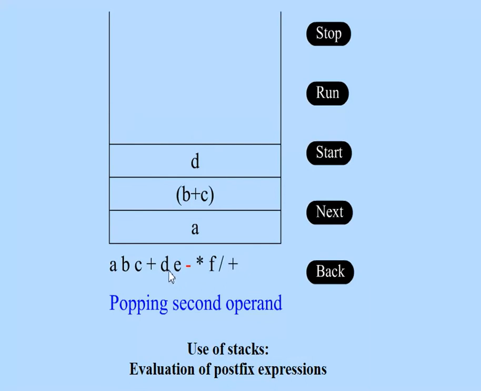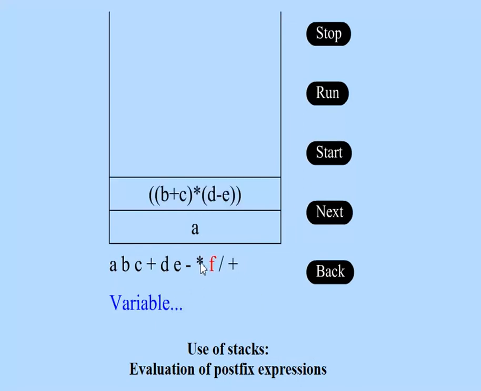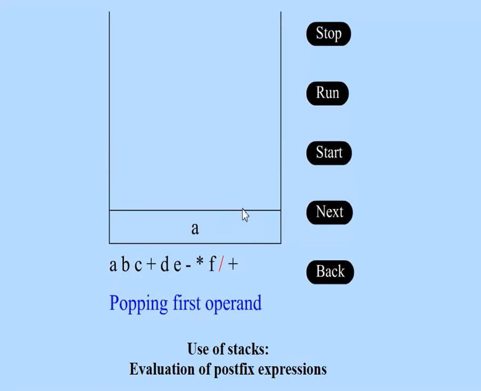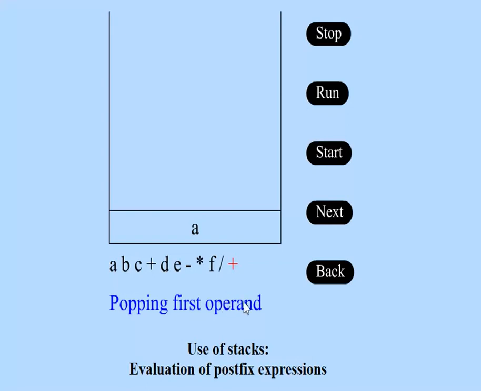When we move ahead, we have D and E that have to be pushed onto the stack. When we see the minus operator, apply the minus operator between D and E and put it back onto the stack. When we see a star operator, we need to apply it between the two sub-expressions. This continues till we reach the end of the postfix expression. So finally we are going to obtain the expression, that is